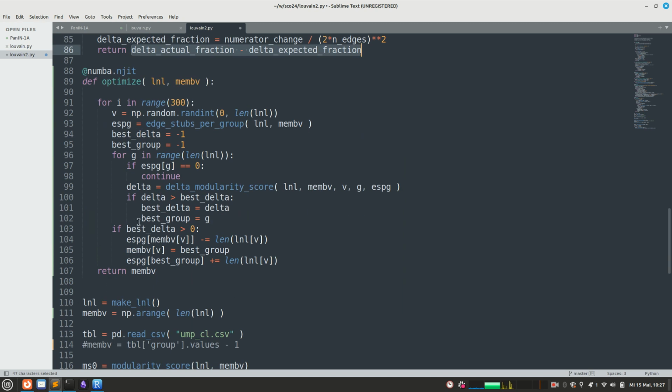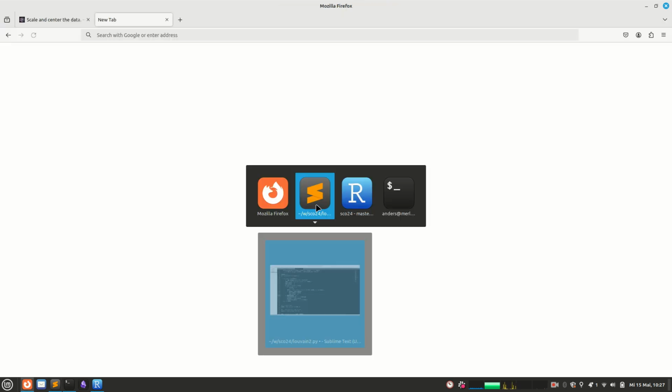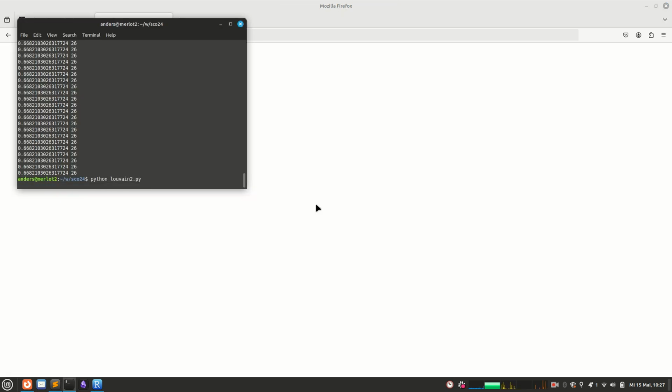This then allows me to optimize and just go through all the vertices in turn. Here I always take a random vertex, and then I go through all the groups and always ask, if I move this vertex into this new group, will the score increase or not? And find the one where it increases most. And if I found something which increases it most, I move the vertex to the new group. And then I ran this, and what then happens is,